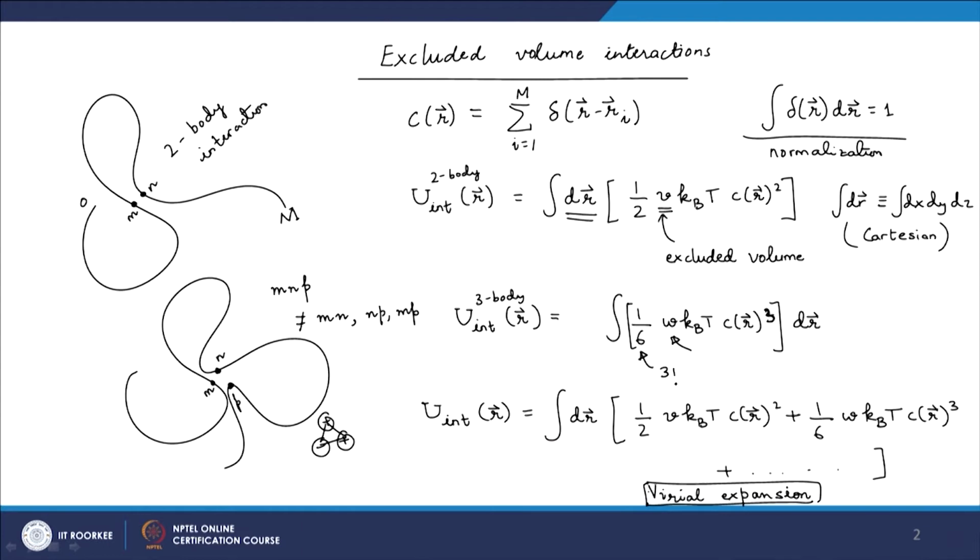Okay. So, now one thing to note here is if the interactions are short ranged, then if I go to the higher powers of concentrations, we will get smaller numbers. The two body term is more dominant simply because there is more possibility of having pairs as opposed to triplets. Similarly, there is more possibility of having triplets as opposed to four segments together, or quartets, so as to speak. And so, it must be like a decaying